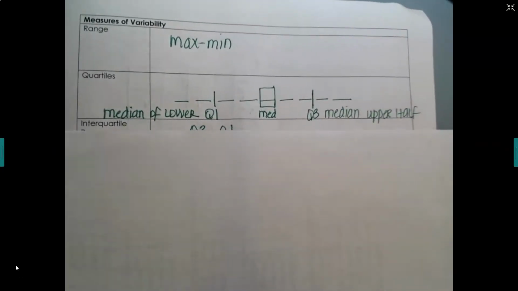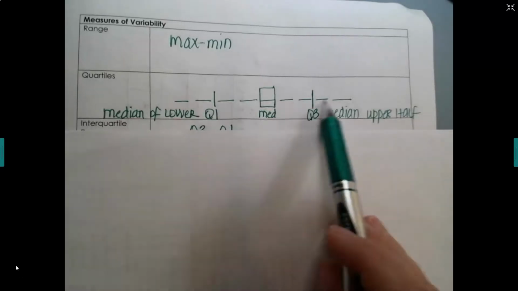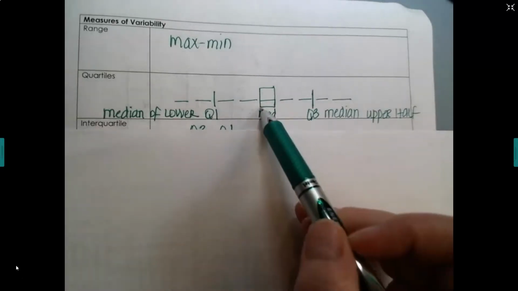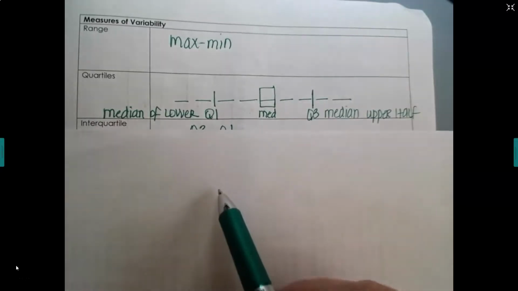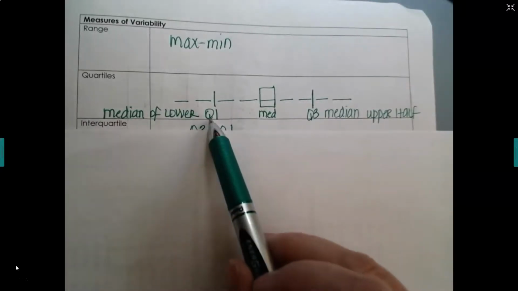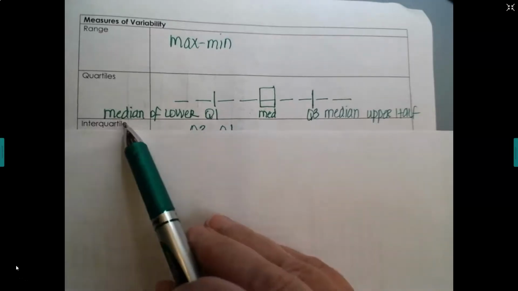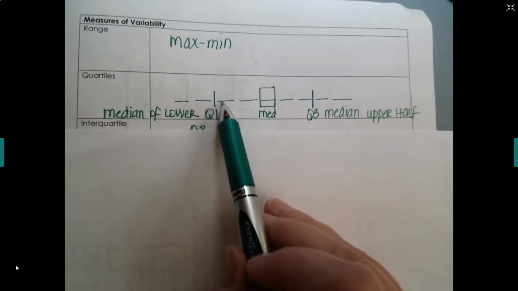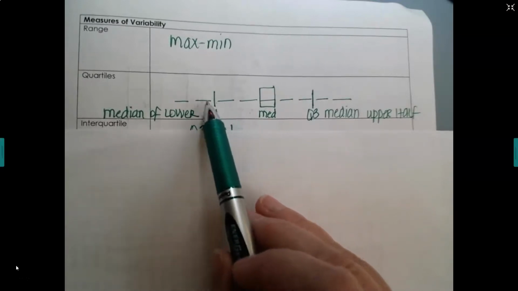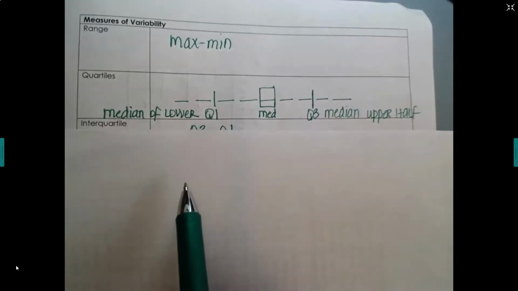we talked about range, which is your max minus your min, and your median. So here I have 9 numbers. So the median would be this exact middle number, and that left me 4 on each side of it. To find the first quartile, it's the median of the lower half. So I had to find the exact middle of the lower half, which is actually between these 2 numbers. To find the number, I would add these 2 numbers and divide by 2 to get the first